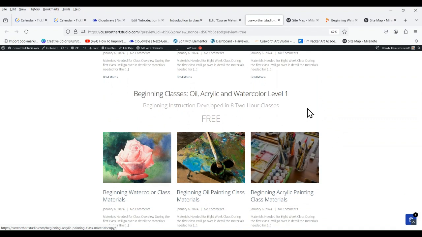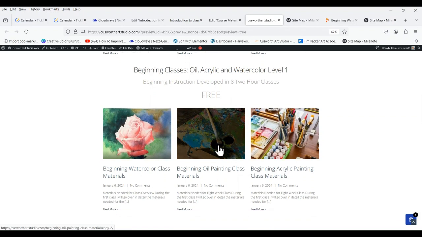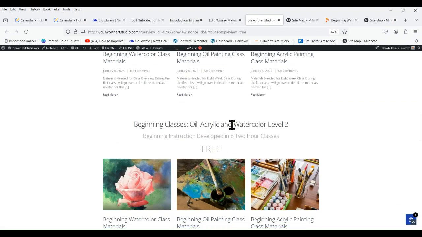Now here's where we're going to start placing the courses. There would really be two here because I'm going to combine oil painting and acrylic painting in one. So it's going to be called beginning oil and acrylic painting. It won't say materials, it's just beginning oil and acrylic painting. And then here, beginning watercolor class, I guess we could say class. So there'll just be two here, and that's level one. Then if we go down below, we have oil and